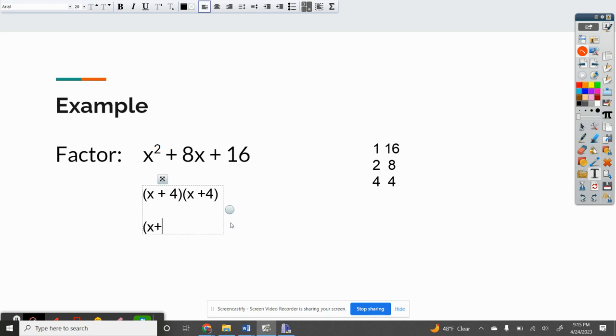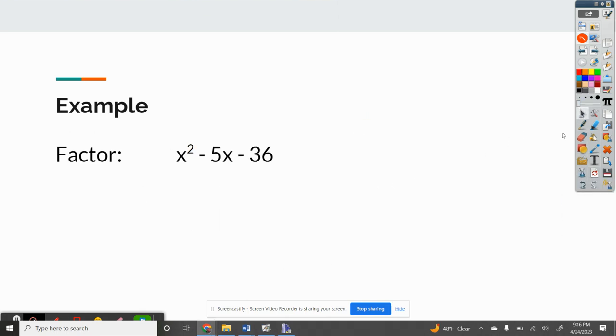You could also write that as x plus 4 to the power of 2, like this. That would be fine as well. All right, I'm guessing you guys are going to be really good at factoring. So